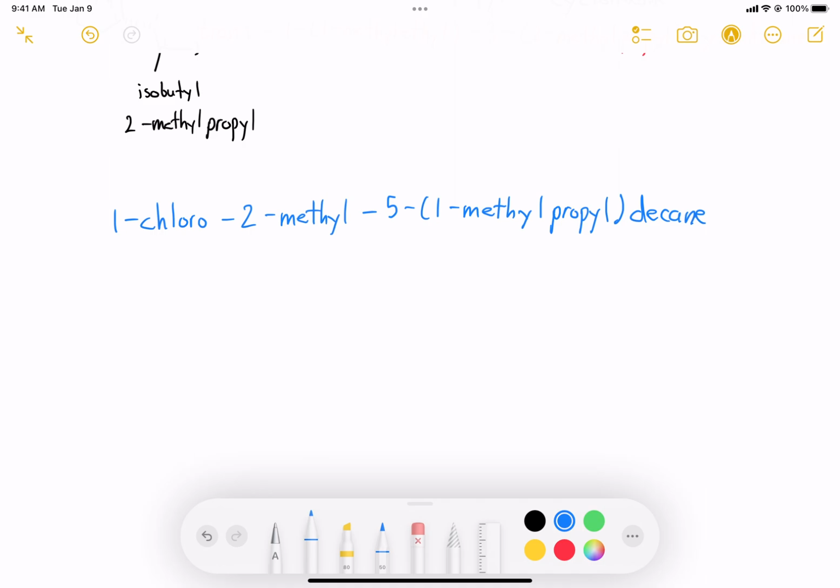All right, the easiest thing to do first is just draw the parent chain. 1, 2, 3, 4, 5, 6, 7, 8, 9, 10. So there's 10. Now let's label the easiest substituents. 1 chloro, here's chlorine. 2 methyl, here's CH3. Now at the 5th position, oops, 1, 2, 3, 4, 5, 6, 7, 8, 9, 10. Oh, I have 11. Oh man, that ruined things. Let's go back and do this again. 1, 2, 3, 4, 5, 6, 7, 8, 9, 10. Okay, there we go. So chlorine comes over here, 2 methyl at the 2 position, and at the 5 position